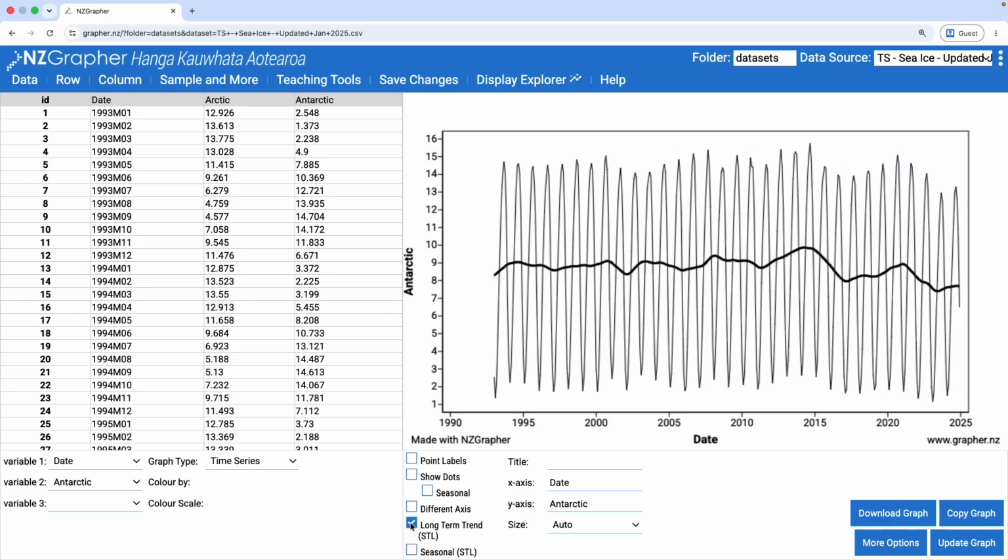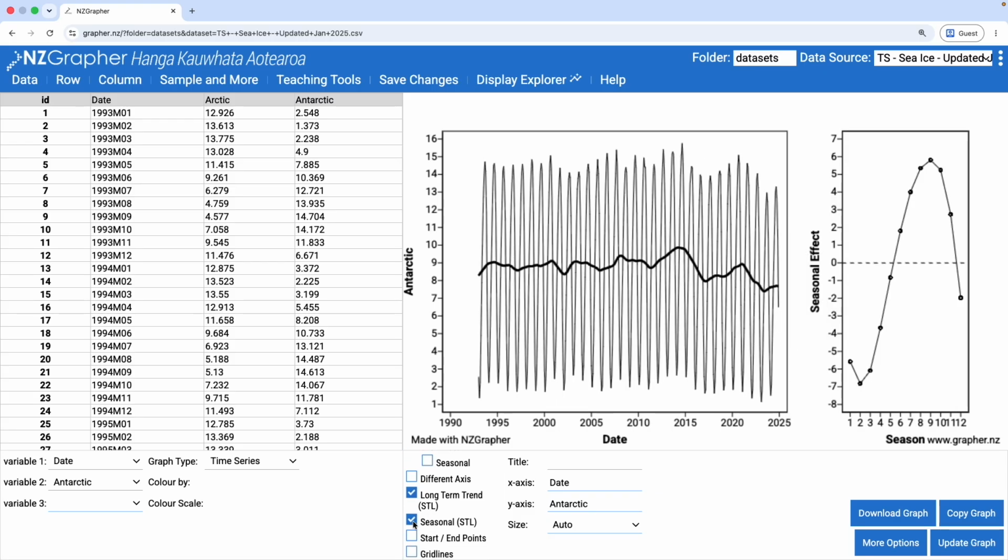And long-term trend fits a long-term trend line. Oh, look, the amount of ice is going down. It shows you the seasonal, can give you the start and end numbers. Start and end numbers are not perfect to use, but they are a number. Grid lines, some. Now, additive versus multiplicative is probably close to the last thing I'll talk